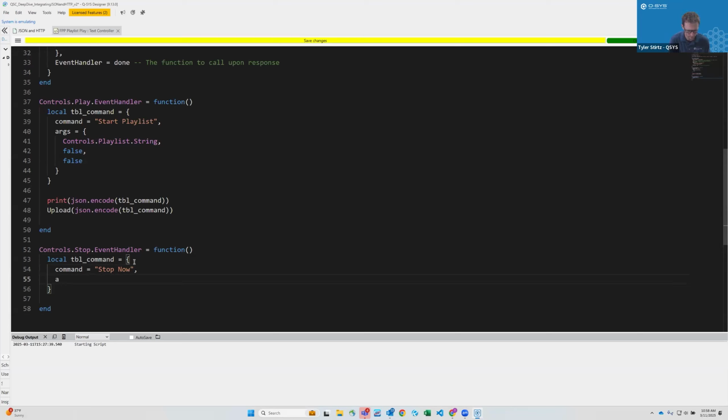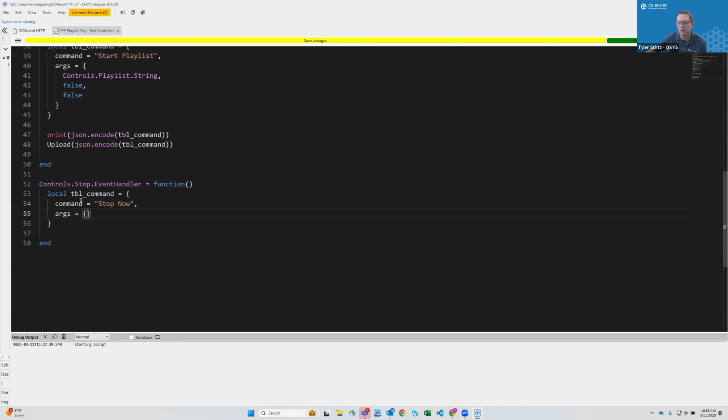Arguments. And then just a blank table. So there's our functionality for our stop command. So then let's just go ahead and run it for some time. So now I'm going to print that again, and then I'm going to post it to that server and re-encode